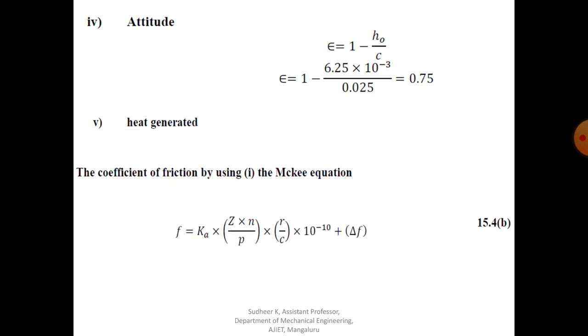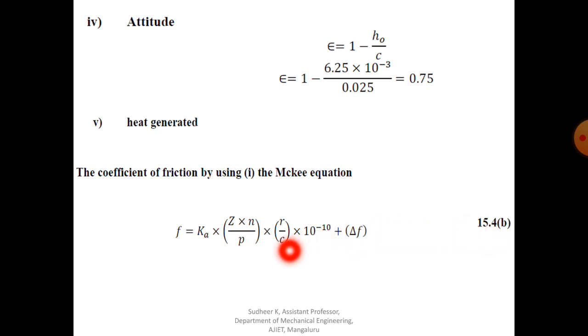Now heat generated you can calculate. First we have to calculate the coefficient of friction, because heat generated Hg equals f into W into V, from equation number 15.6j. Before that we have to find out the coefficient of friction. If they have not mentioned which equation to use to find the coefficient of friction, always you have to find it using the Mackey equation, that is from